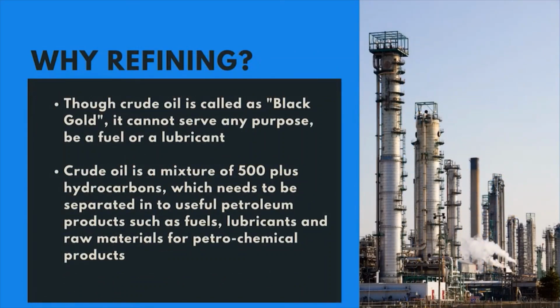And why at all do we need to do the refining? We all hail crude oil as black gold. Though crude oil is very precious and considered black gold, it is not useful either as a fuel or a lubricant, because crude oil is a mixture of several hydrocarbons. It is difficult to handle crude oil for any purpose, and it also has a lot of impurities. This crude oil needs to be separated into various fractions based on the boiling range, and finally we have to obtain fuels, lubricants and raw materials for petrochemical products, and that is what is going to happen in a petroleum